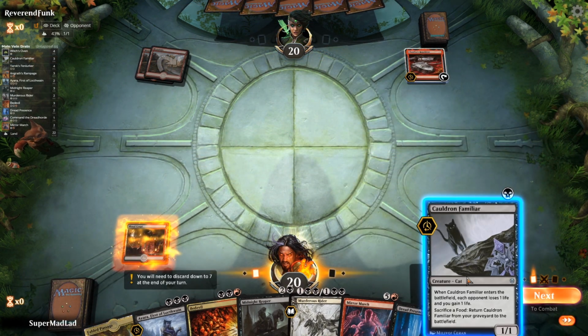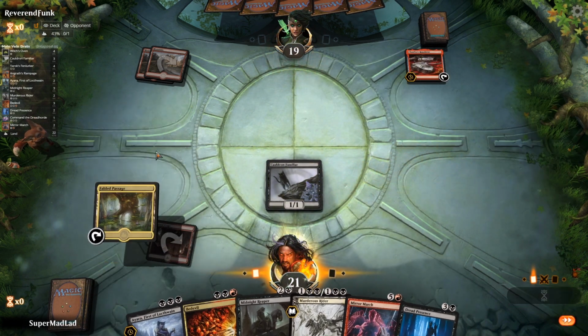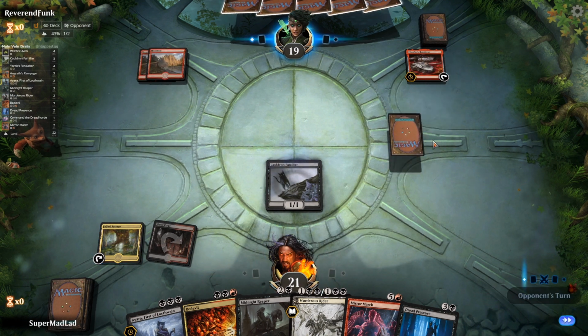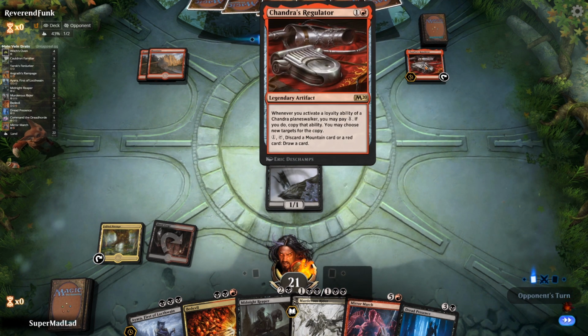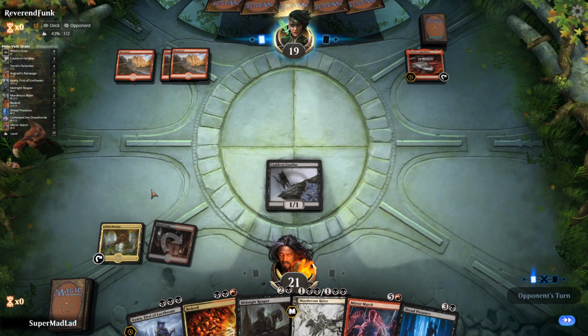It's Chandra Tribal. How do we fare against Chandra Tribal? I really don't know. But there's a good old Regulator right there. It is a sweet card. I love Chandra Tribal. So this time around we do want to crack the Fabled Passage, although it does actually decrease the odds of us...